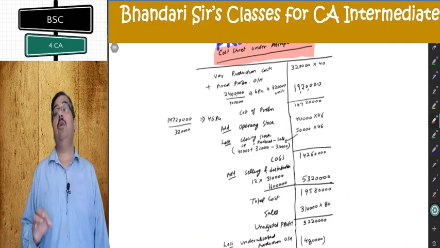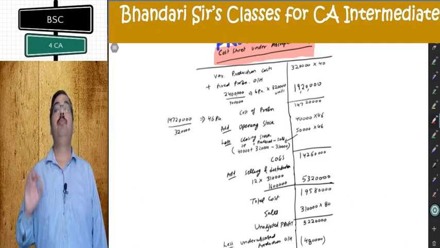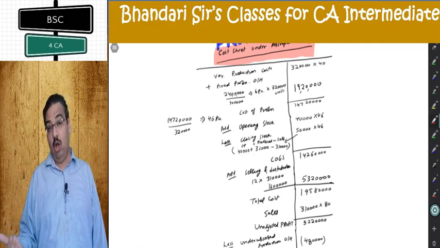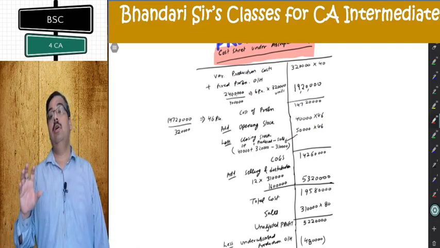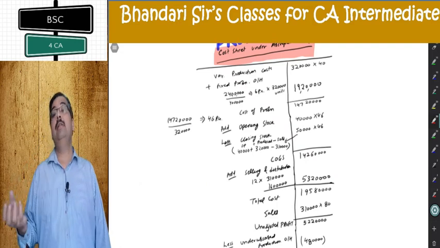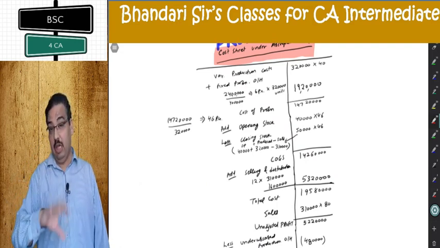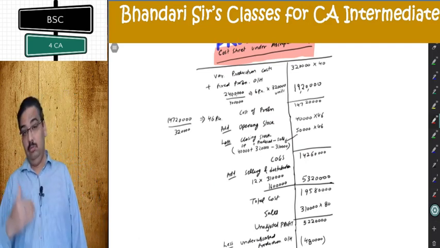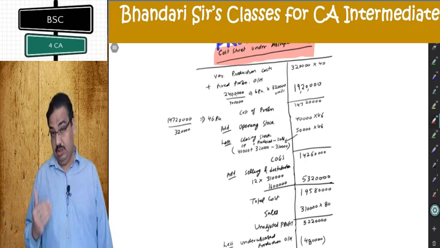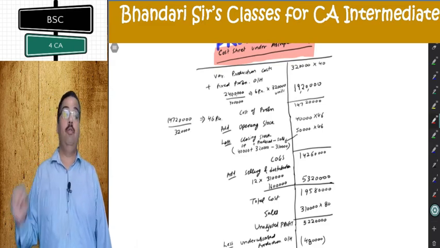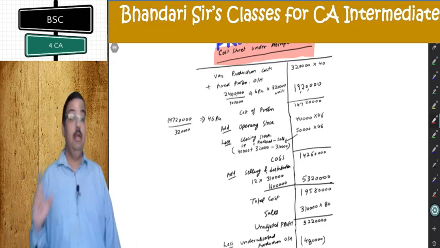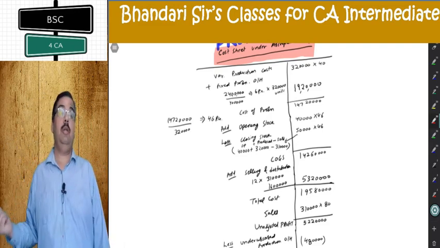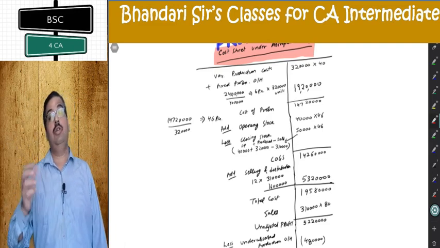We start with production units. We put all the cost based on production units. Add opening stock less closing stock, you get cost of goods sold. Add selling distribution, which is based on sale units. From there you get cost of sale, sale minus cost of sale, unadjusted profit, then adjustment of under over absorption, you will get adjusted profit, which will not be same as marginal costing. Then we make reconciliation statement adjusting the stock valuation differences.